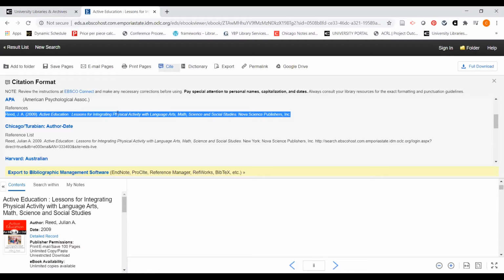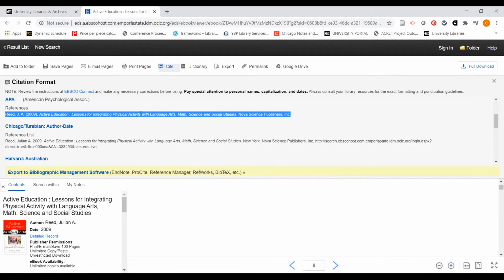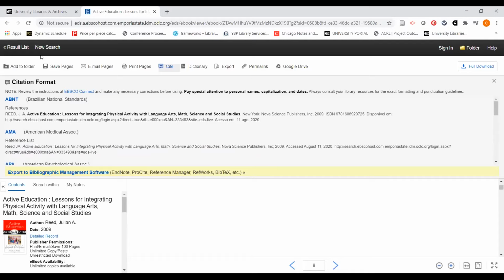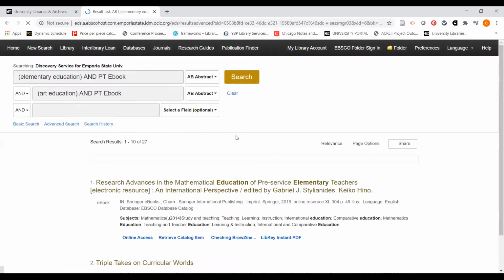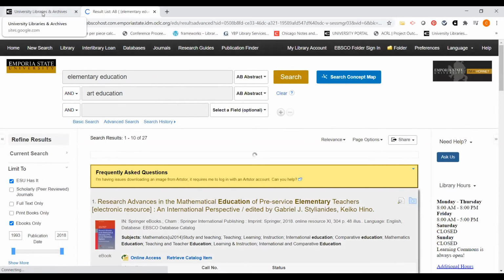Nevertheless, if you do use the cite or citation tools to generate a citation, it does make it a lot easier to highlight the citation, copy it, and then paste that into a working bibliography or a working paper so that you can go back and edit the citation later on. We'll go back to result list. Now that was just a very quick overview of the Discovery Search Catalog because I really want to go back over here